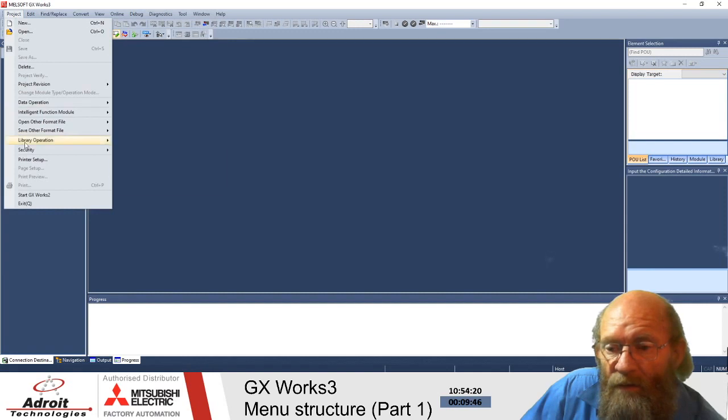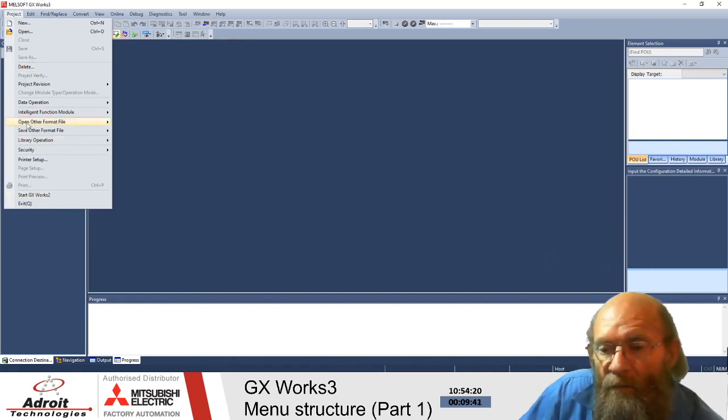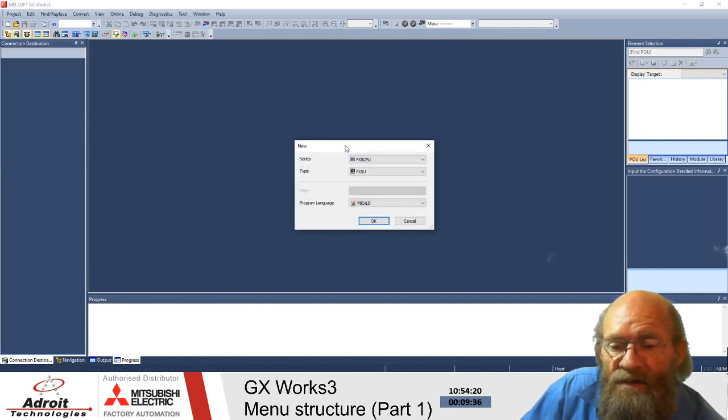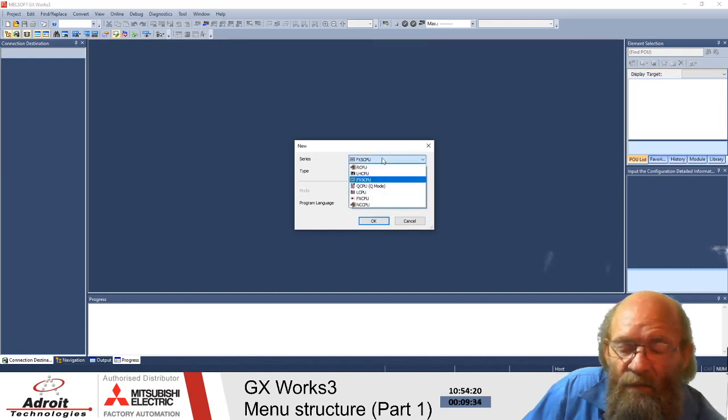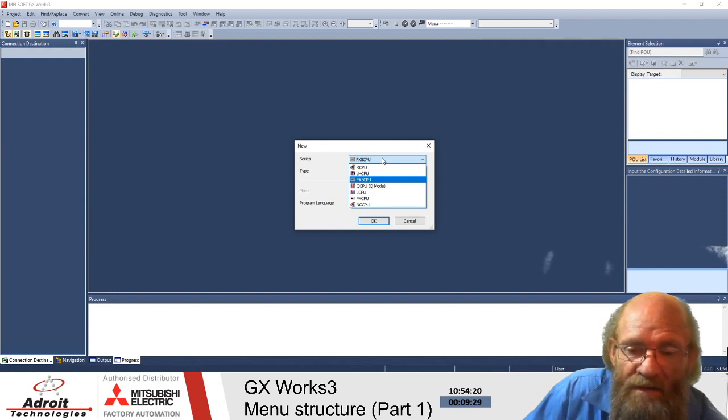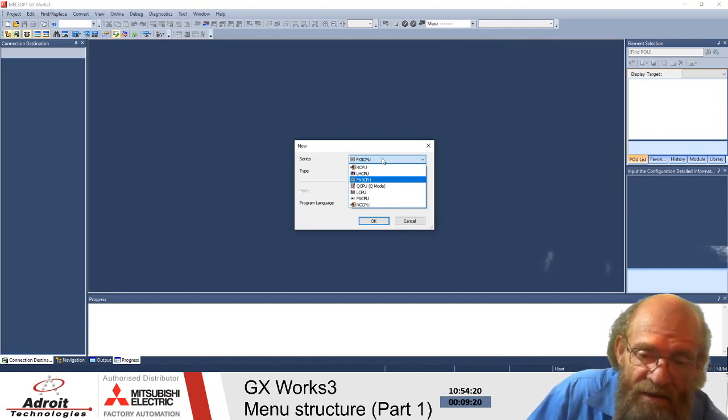So with the new project created, GXWorks is going to ask you on what platform you would like to develop. There's quite a substantial amount of PLCs listed. You can even start on your FX PLCs and your older PLCs, obviously the Q series, L series and N series, but it won't be in GXWorks 3. So what GXWorks 3 will do then is